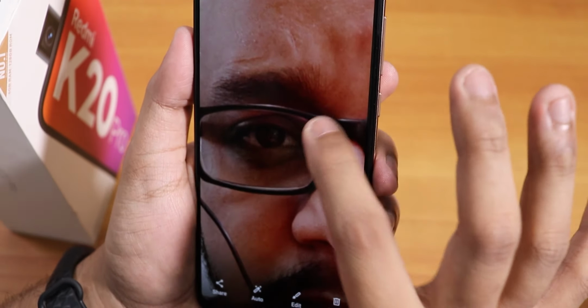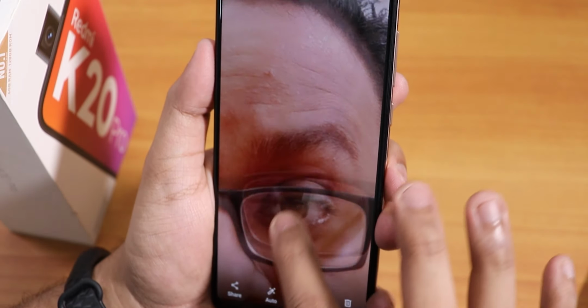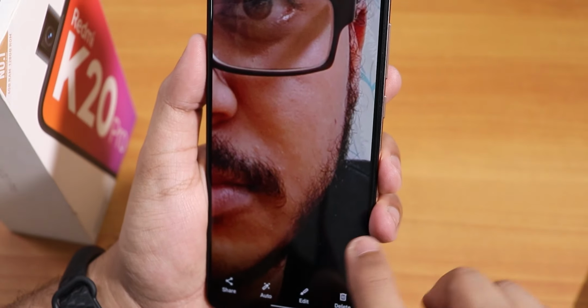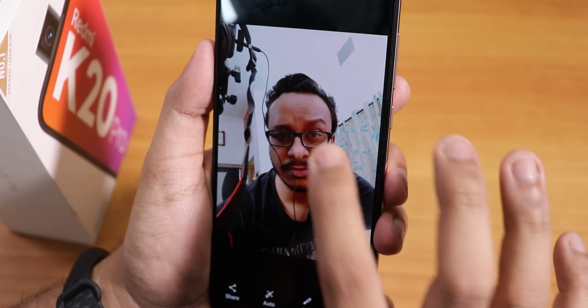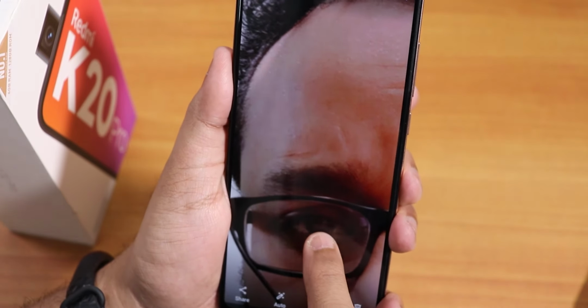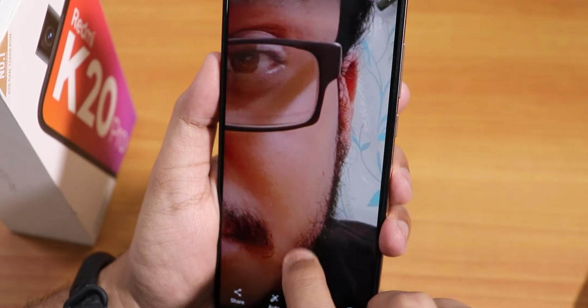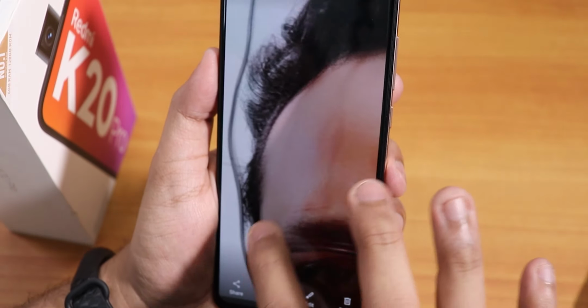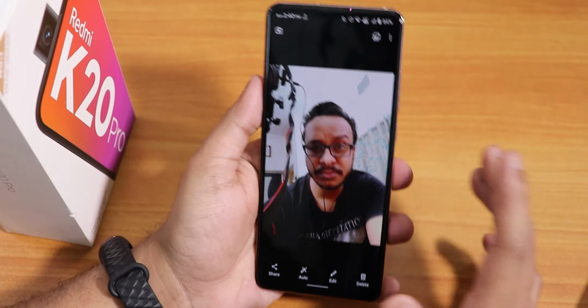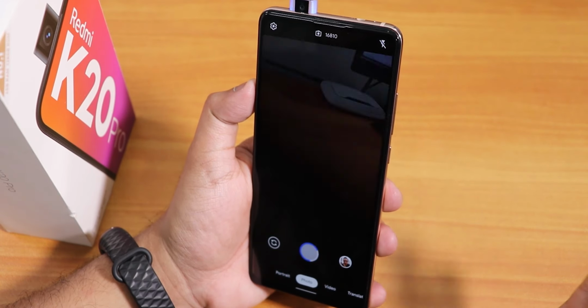and this one was taken with the face enhancement turned off, so that is why you can see all these details over here. And now if I look with the face enhancement turned on, as you can see it has softened it a little bit. So you can actually use this feature to use face enhancement on the Google Camera. It is actually working. The face enhanced mode actually works on this Google Camera Go, so that's a good thing.